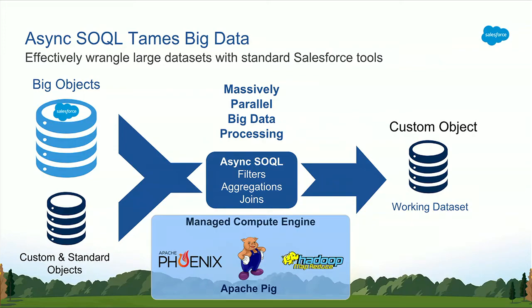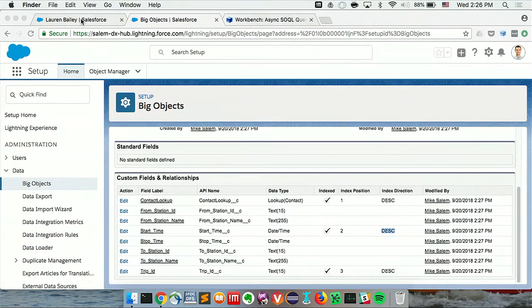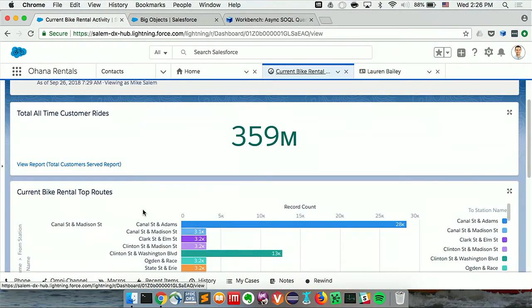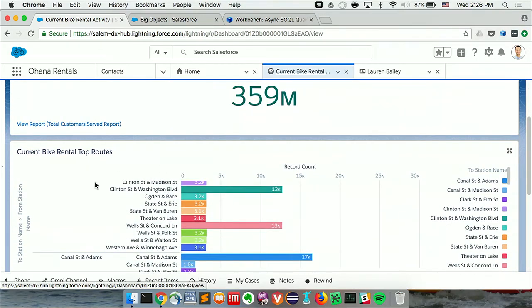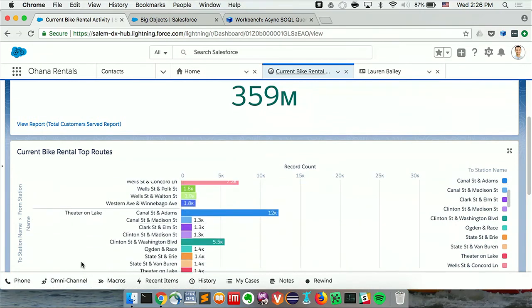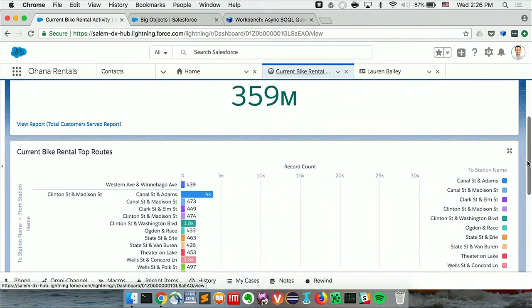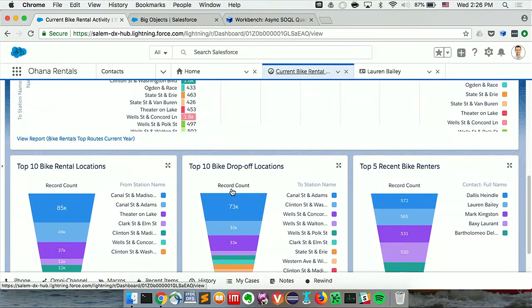OK, enough of the slides, and let me go over to the demo. As Cody showed you at the beginning of his demo, for Ohana Rentals, we have this dashboard that we've built that's showing the business user, the sales agent, the current bike rental activity. These charts show things like the top rental routes, top rental locations, top drop-off locations, and so forth. As you can imagine, if we were to try and run the queries that drive these reports across all 359 million, or in a year's time, 1 billion, 2 years' time, 10 billion records, these reports would not